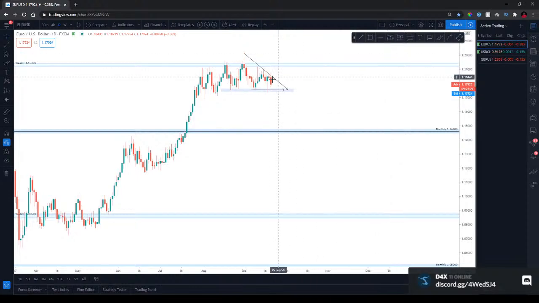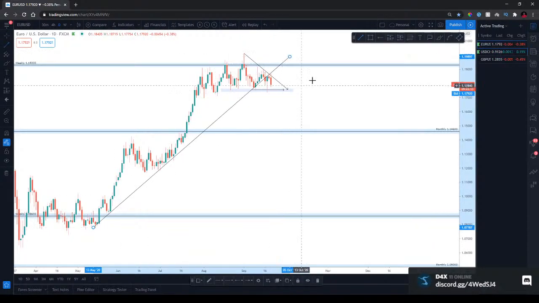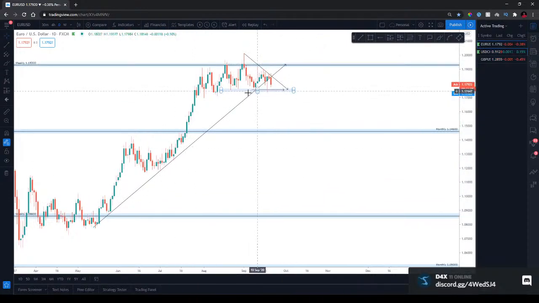So looking for this to push down, and what we saw last week was we had an uptrend here. I'm waiting for price to break this uptrend, give me a corrective pattern, and then continue down to this weekly level. Now I'm gonna capitalize off shorter time frame